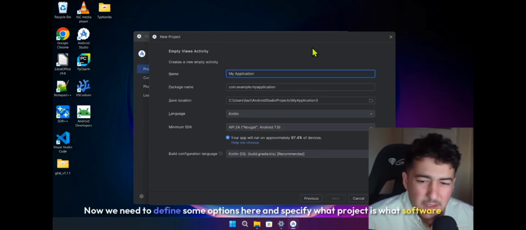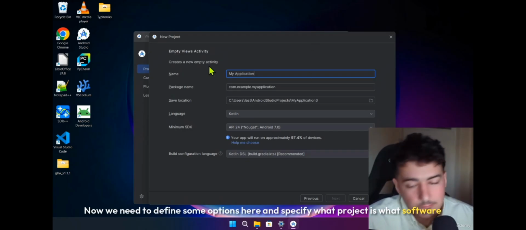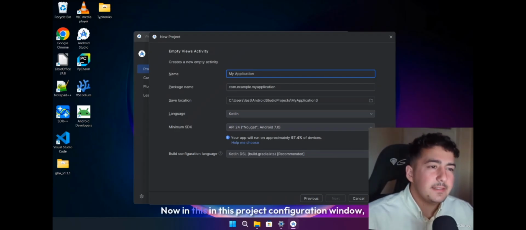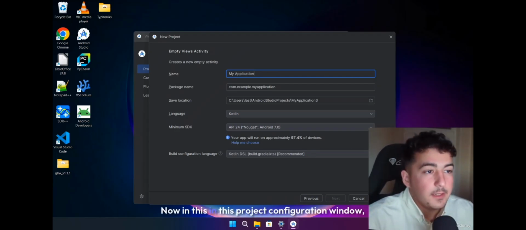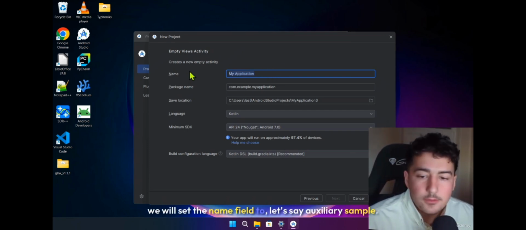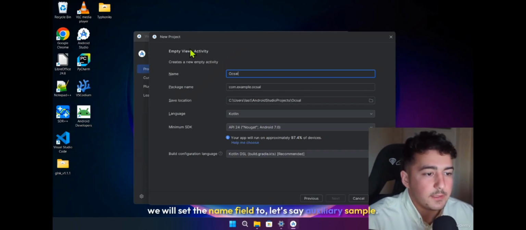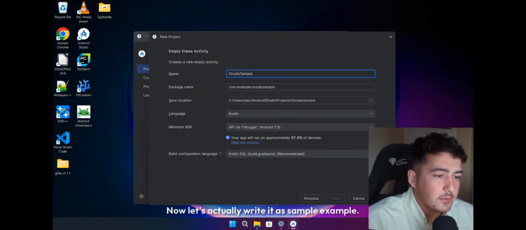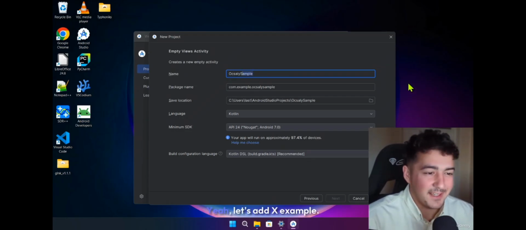Now, we need to define some options here and specify the project's software development kit. Now, in this project configuration window, we will set the name field to, let's say, auxiliary sample. Now, let's actually write it as sample example. Yeah, let's add example,